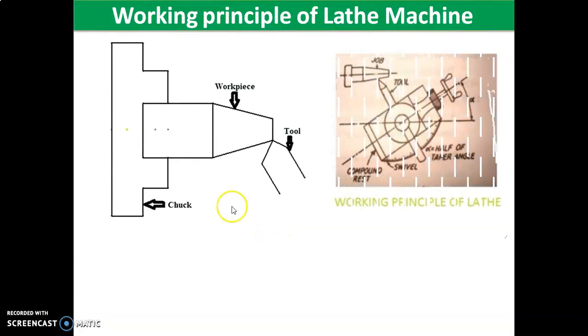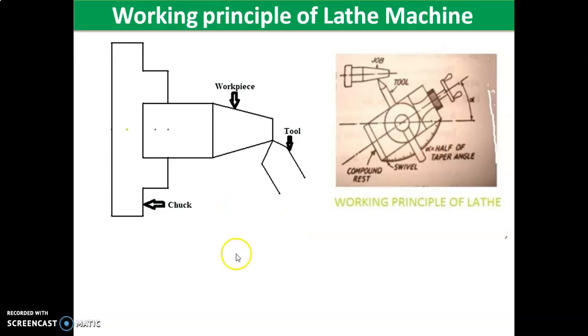See here in this diagram, we are feeding the cutting tool inclined to the axis of the, sorry, not cutting tool, workpiece. So this is our workpiece. This is the axis of the workpiece. So we are feeding this cutting tool inclined to the axis of the workpiece. So what happens when we keep the cutting tool inclined to the axis of the workpiece? If the tool moved inclined to the axis of the workpiece, then it produces a tapered surface. This is a tapered surface.